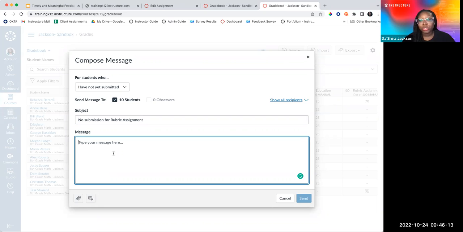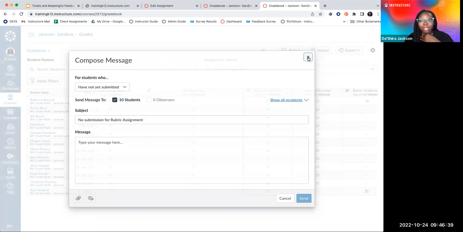This message goes to the Canvas inbox, but by default, unless this is turned off, all users will get a copy of that message inside of their email. So whatever email you have attached to Canvas, you'll get a copy of that inbox message there as well. You can reply directly from your email, or you can come back into Canvas and reply using the inbox feature. This is one thing I really like.